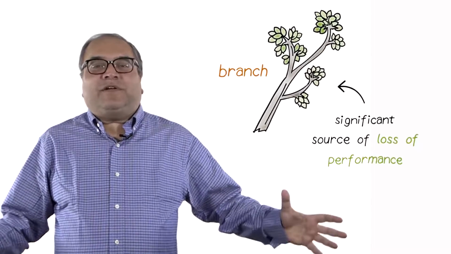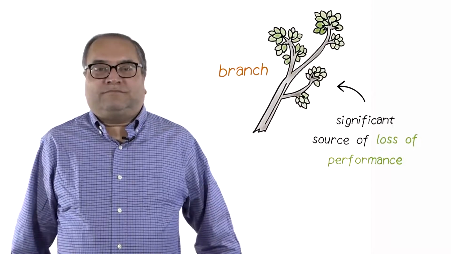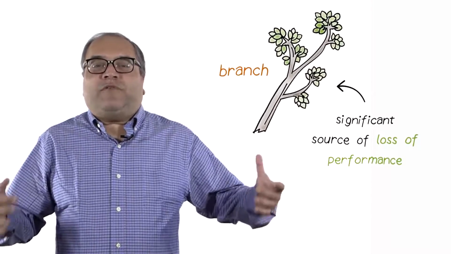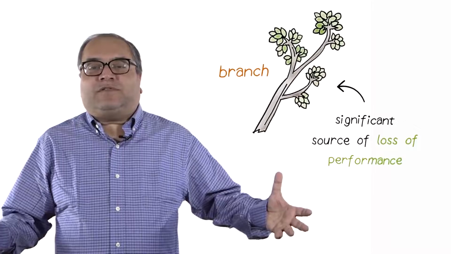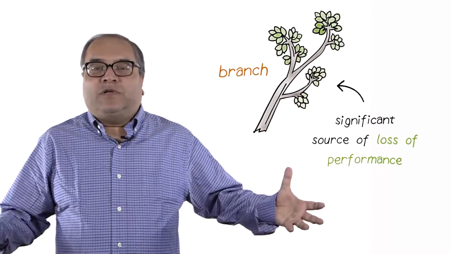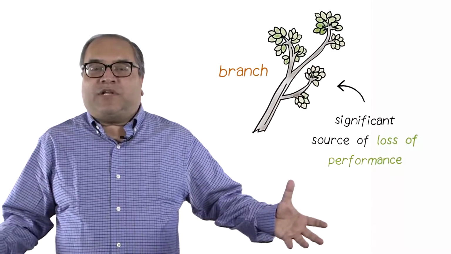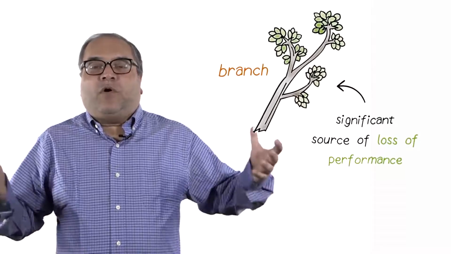Now that we know the register and memory differences between traditional computer architecture and embedded systems, let's talk about the last topic in this section of the course, branches. Branches are significant sources of loss of performance, since pipelines need to fetch brand new instructions whose locations are unknown, and their scheduling and evaluation poses significant overheads